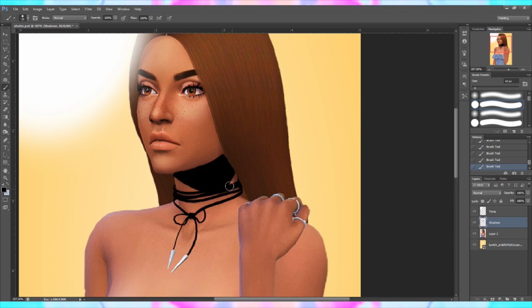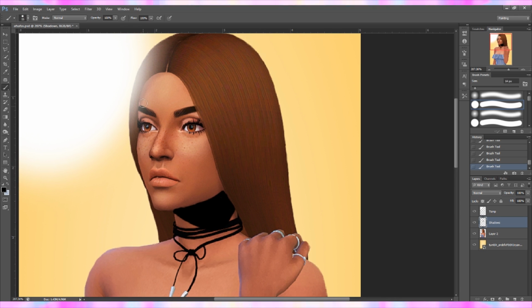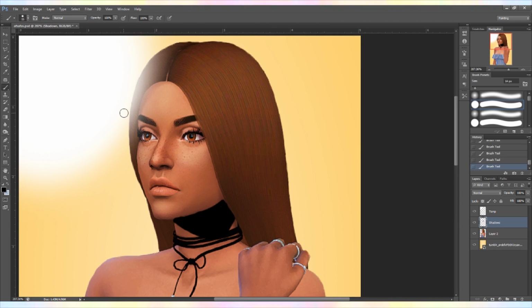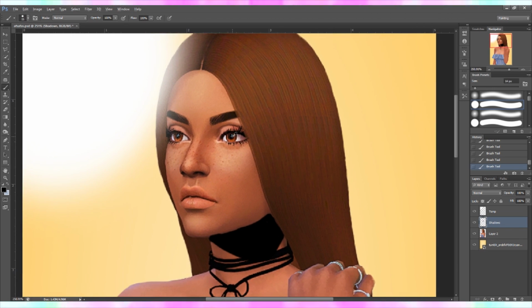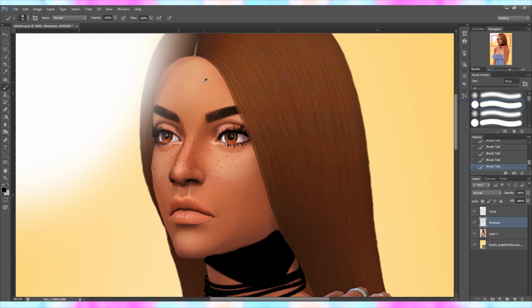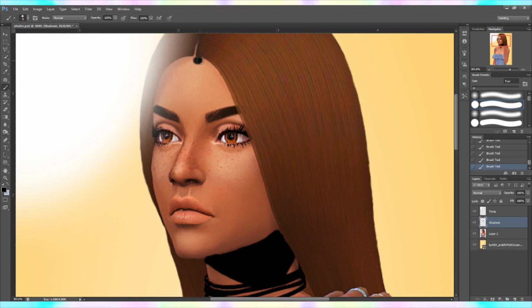Okay, so after we have the shadow under her neck, then I like to do a shadow under her hair. So usually if the sim has hair that is kind of covering her face, I like to do shadows just to add a little bit of that 3D effect, some depth. So for now, I'm actually going to reduce that brush size once again, and we're going to line the hair. So we're gonna line it like right over here. Gonna do something like this,